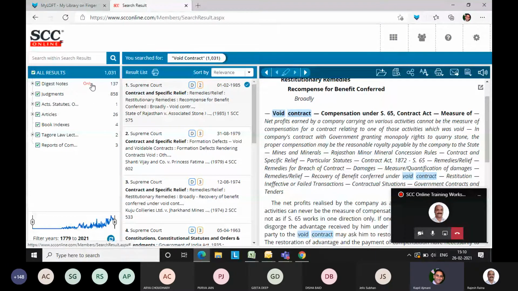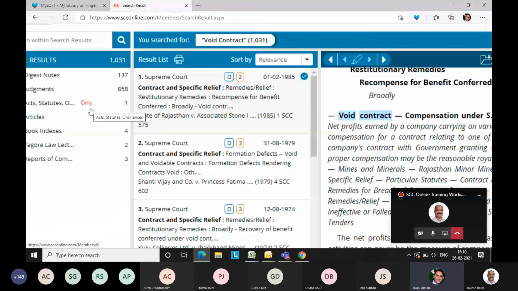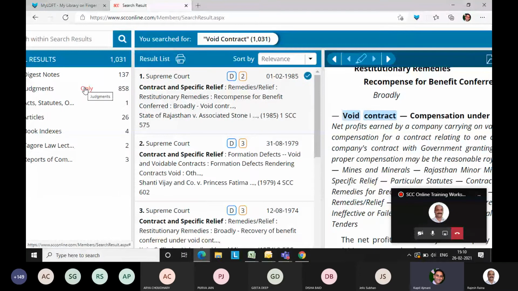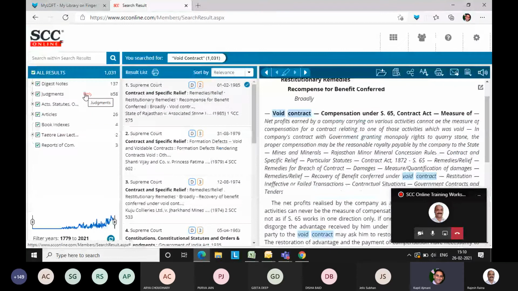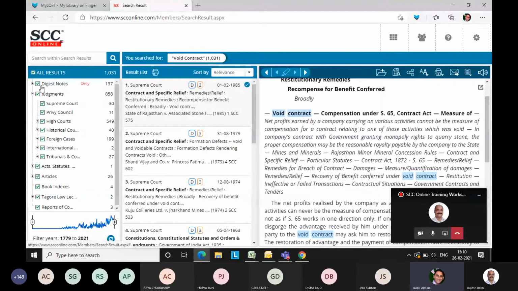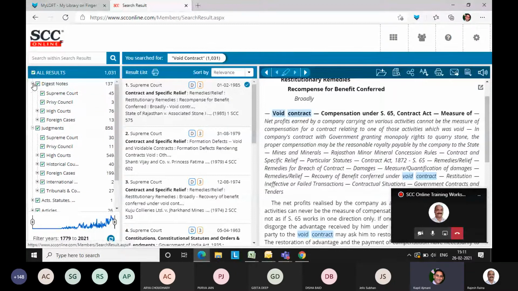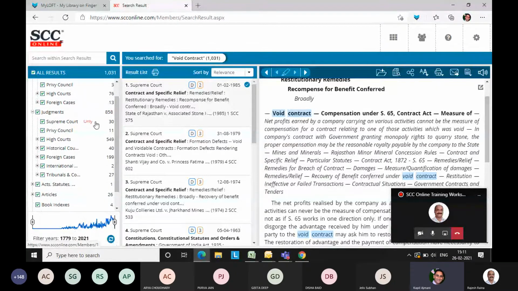Now there are various options available to you on the left-hand side. Suppose you want to see only judgments, there is an option for judgments only. If you want to see digest notes only, it is up to your preparation; the key is in your hand. If I expand these categories like digest notes or judgments, they show which particular court you would like to refer to.